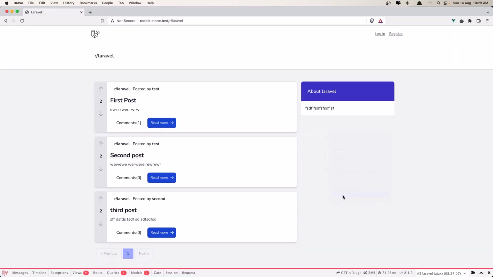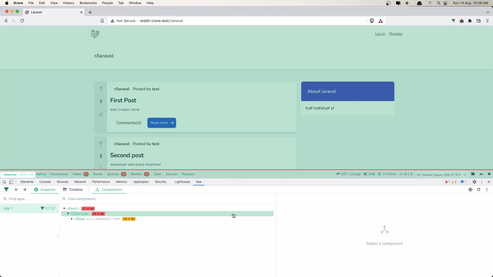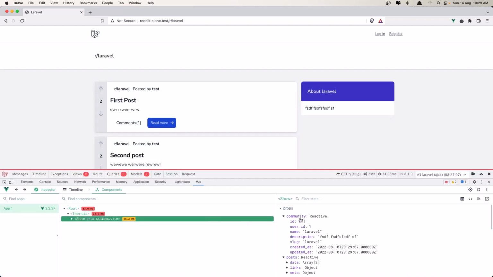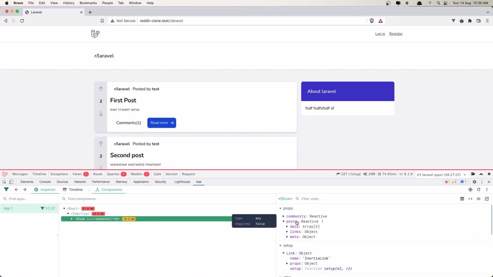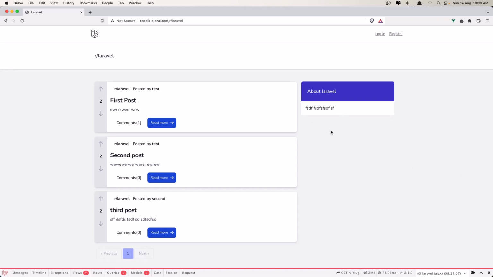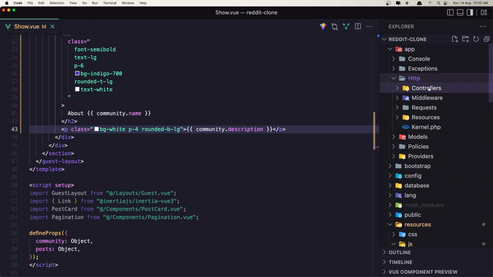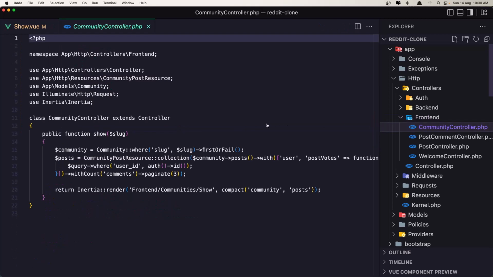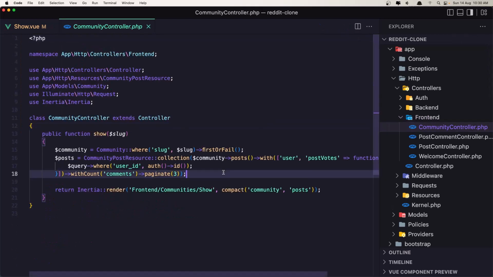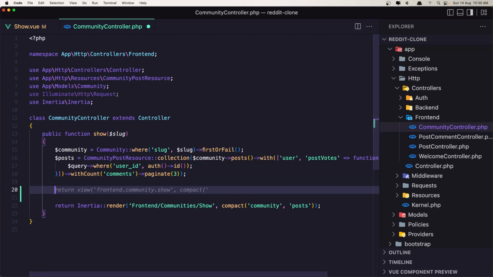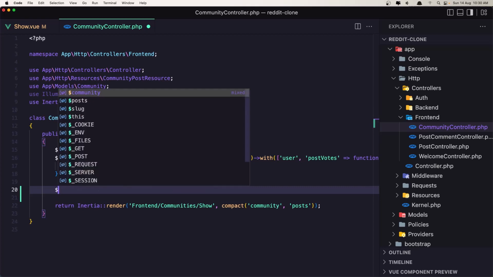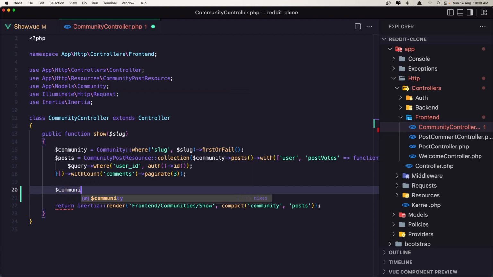Now, if I inspect the elements, go to the view, and in this show page, we have the community and the posts. Now I'm going to add also the latest communities. So let's go inside the app, HTTP controllers, frontend community controller. Here I want the latest communities, so let's get, and I'm going to get only 4 of them. So let's say $communities is going to be,